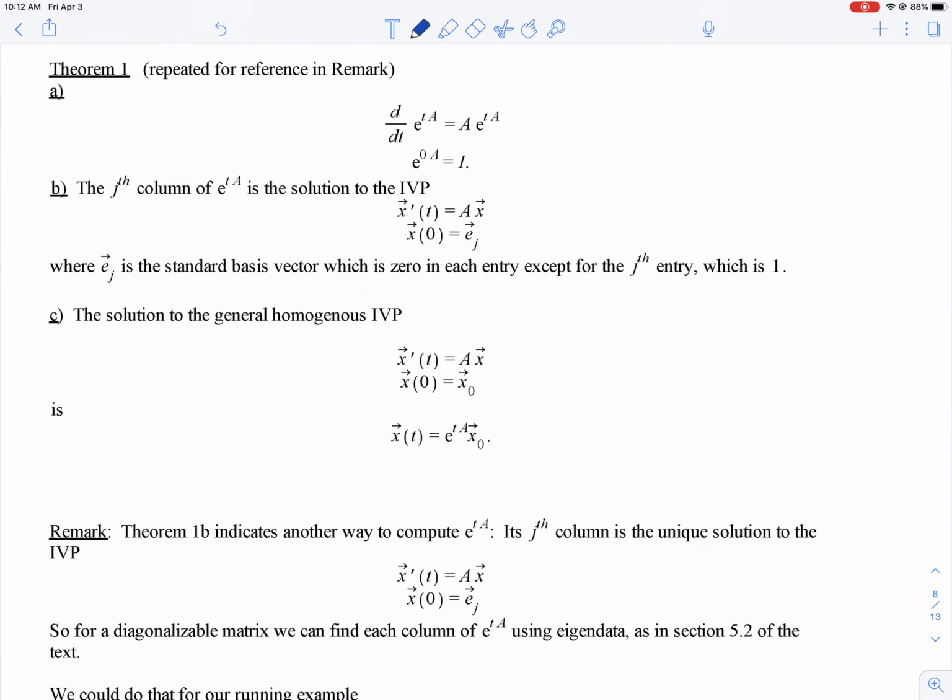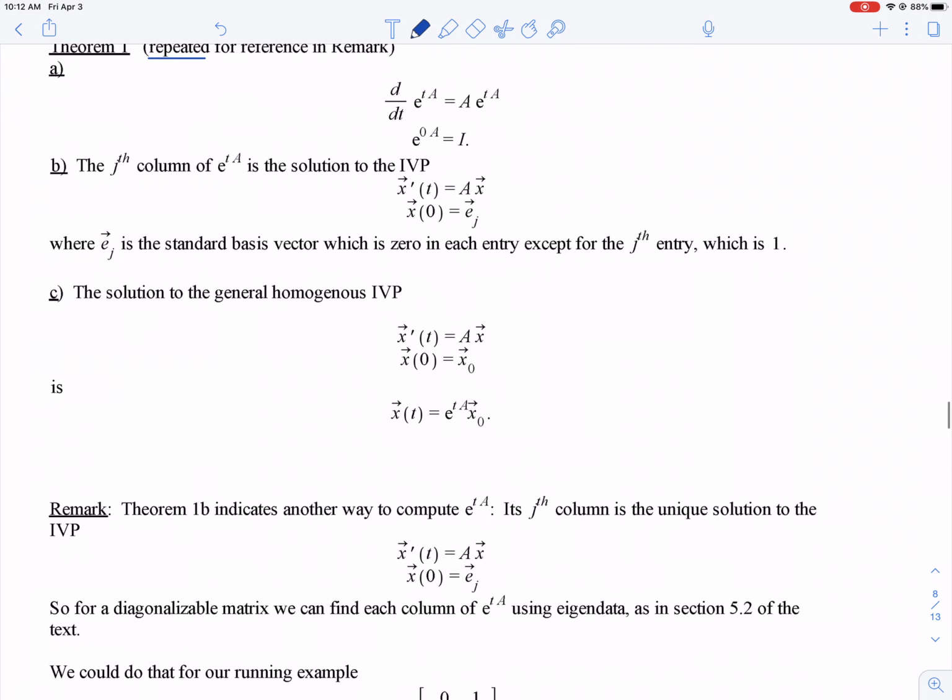I think I already said this, but I highlighted it on a separate page. Here I've just repeated Theorem 1, so there's nothing new there. I just wanted to refer to it in this remark. So I showed you with power series, that was the definition of e to the tA, and that's one way to compute it. But if you look at 1b,